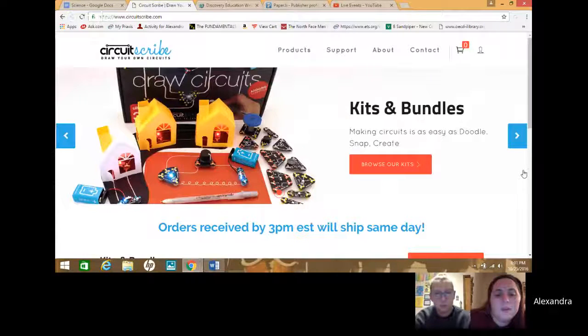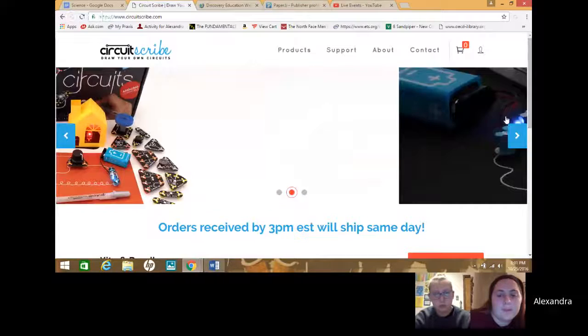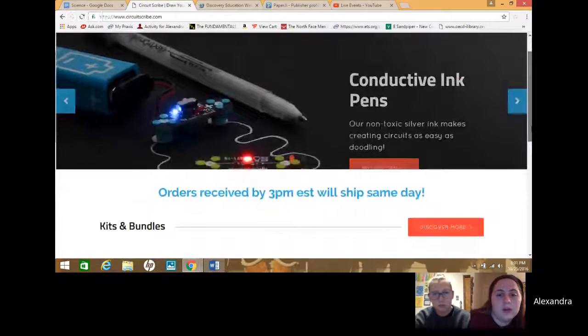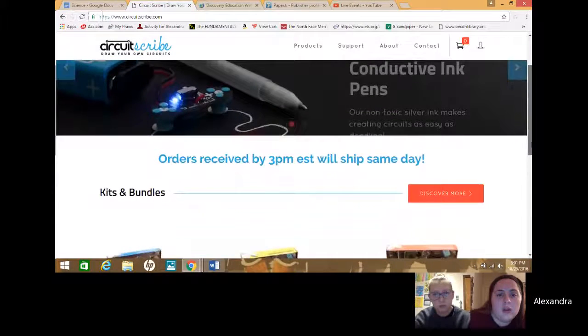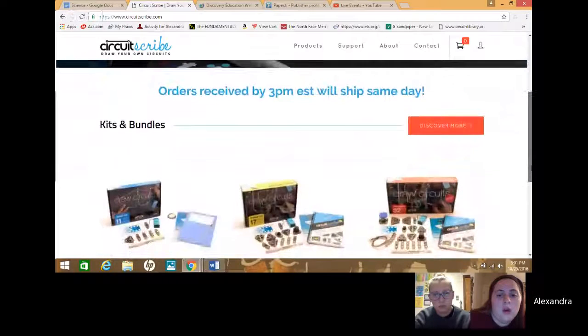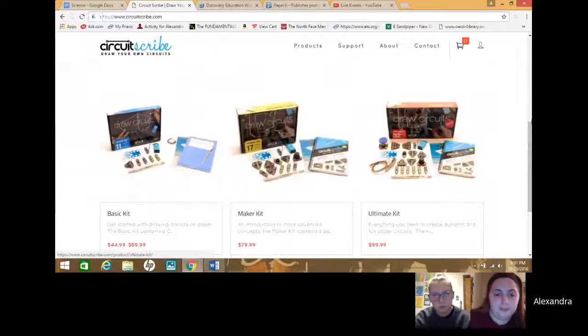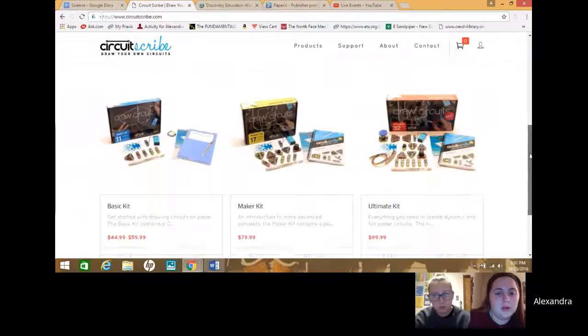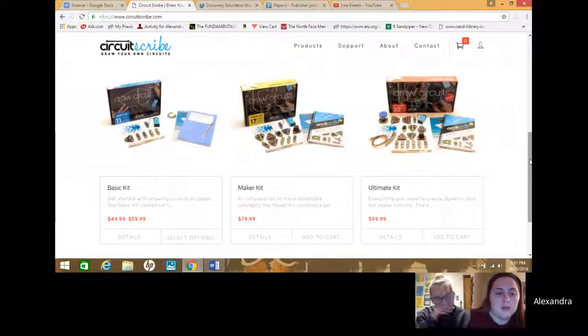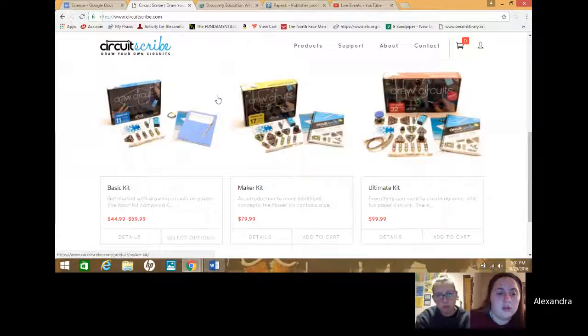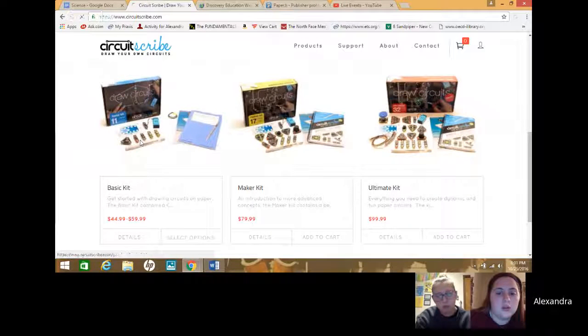Okay, so here's kits and bundles, which I'll go to next. Oh wait, it's right down here. And so here are the types of kits. There's the basic, maker, and ultimate kit. You can see the price ranges at the bottom. It's 45 to 60 bucks for the basic, and then up to 100 for the ultimate. Within the basic kit,